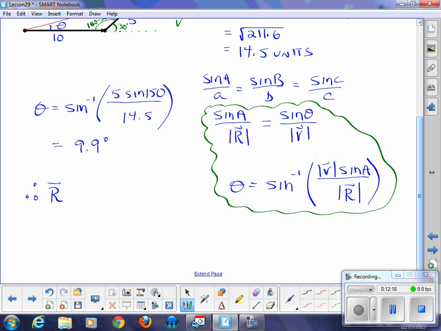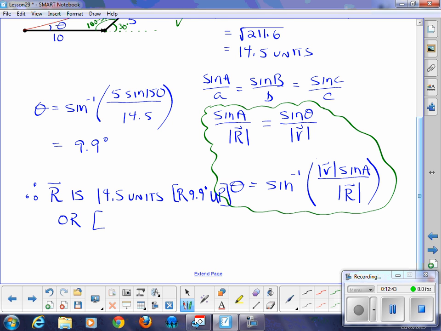Therefore, this is a requirement. The resultant is 14.5 units. And we put our direction inside square brackets. So how would you describe its direction? You can do it a couple of ways. You could say that you went right 9.9 degrees up, or